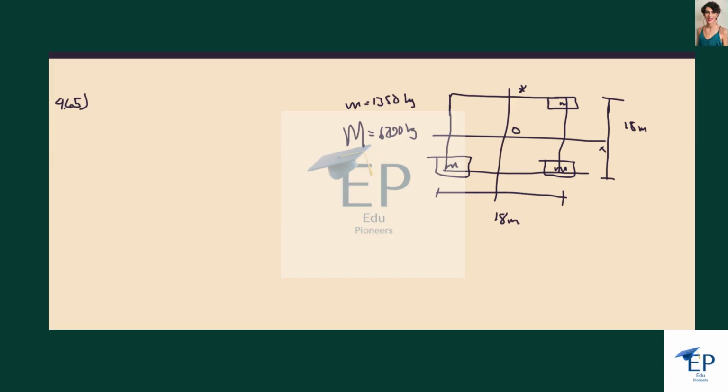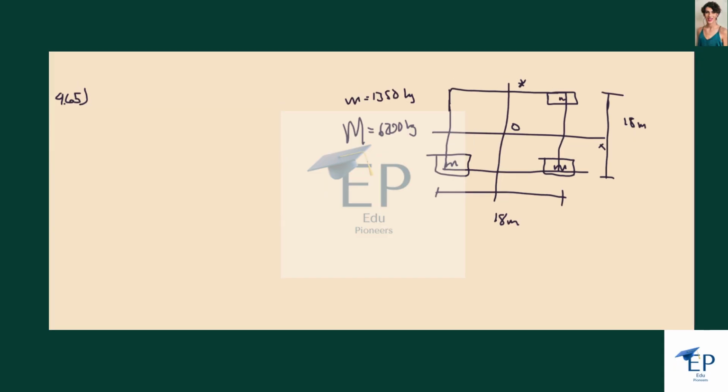Okay, so we're doing chapter 9, problem 65 here. We have a square uniform raft that's 18 by 18 meters, and it has a total mass, big M, of 6,200 kilograms. And this is a ferry boat, and it says if 3 cars, each of mass 1,350 kilograms, occupy the northeast, southeast, southwest corners, determine the center of mass of the loaded ferry boat relative to the center of